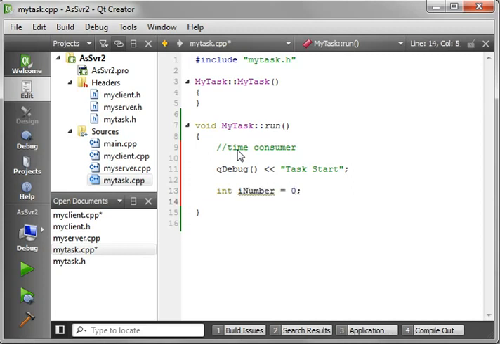And we're just going to say for int i equals 0, i less than, we'll say 1,000. Actually, let's just do 100 just for giggles. i plus plus. And you can do any sort of time-consuming task you want. We're just going to say iNumber plus equal i. We just want to know what happens if we just keep adding this number up over and over and over and over again. And then we're going to say QDebug